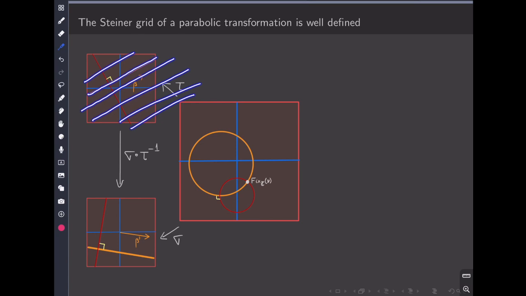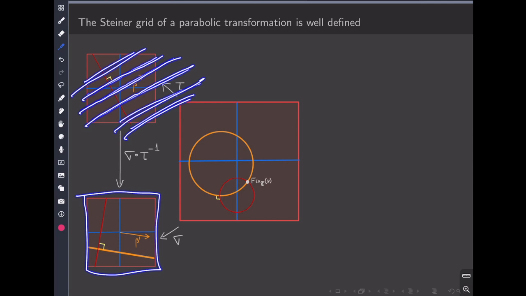And then it's very easy to prove that when you pass through to another translation via conjugation, that family of stable lines has to go to the family of lines that are stable under the other translation,